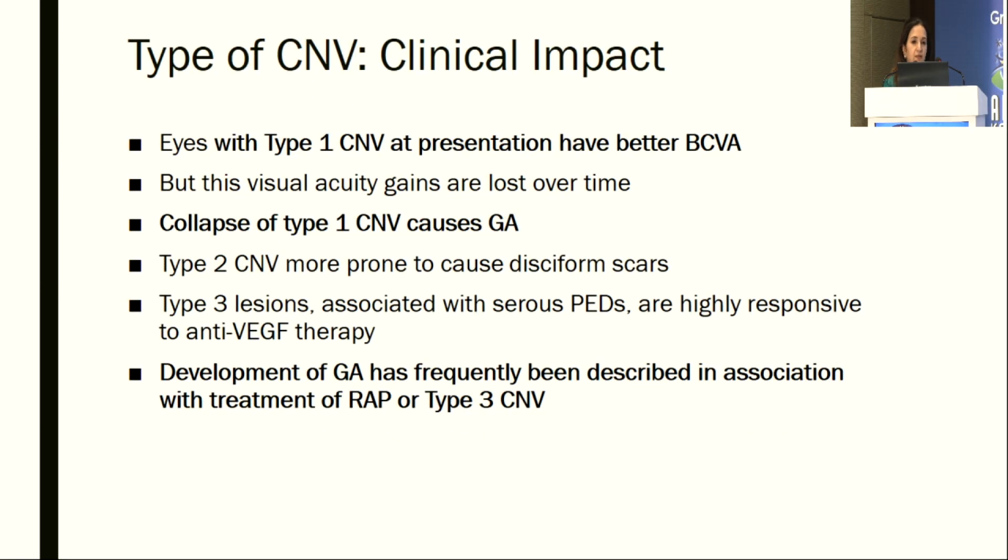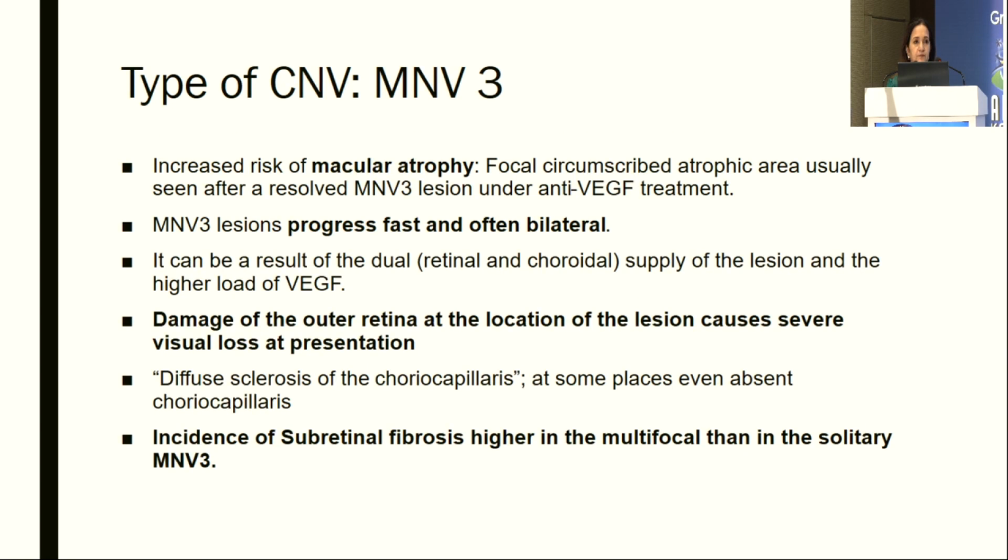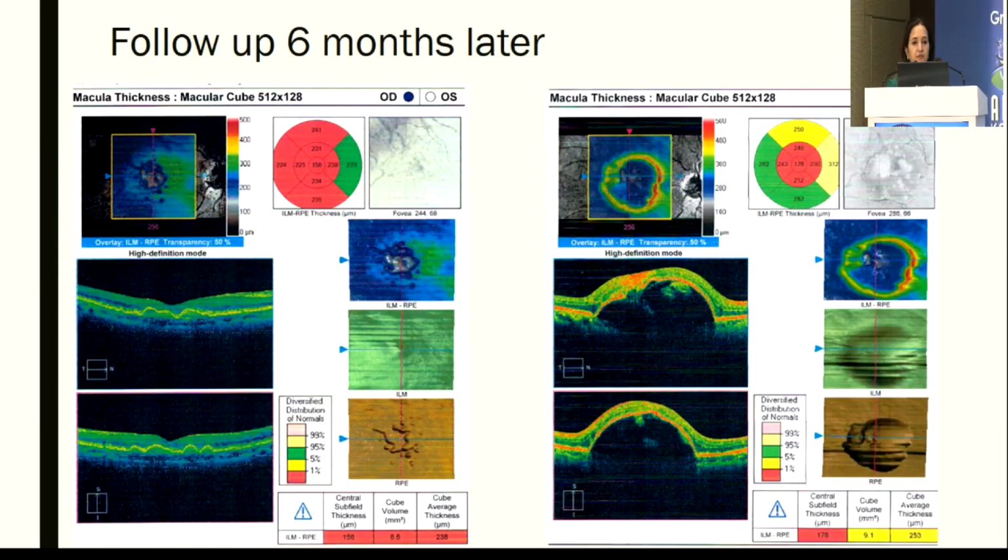Type of CNV, or rather we should say type of MNV. So type 1, better visual acuity, but as you treat, the collapse of type 1 causes geographic atrophy, so the initial benefit may become lesser. Type 3, we all know they progress very fast and can result in macular atrophy very soon. Just an example that within 6 months, what was just a drusen earlier, this has progressed to a full